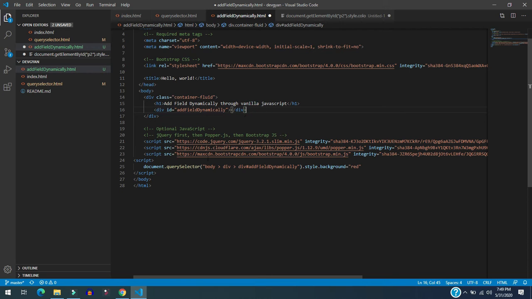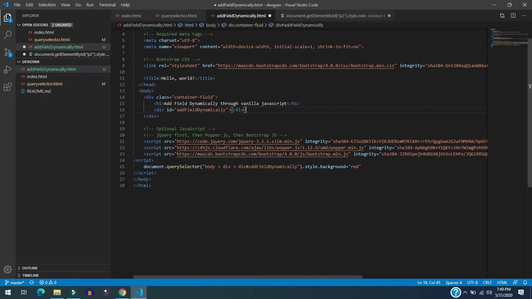However, without using the query selector, we can also select this div tag using document.getElementById, because id is also a unique selector, so we can easily select it. But in case there is no id, then this will be useful.